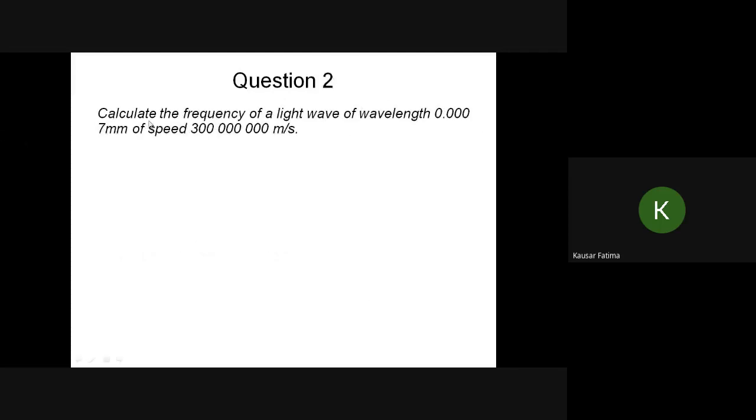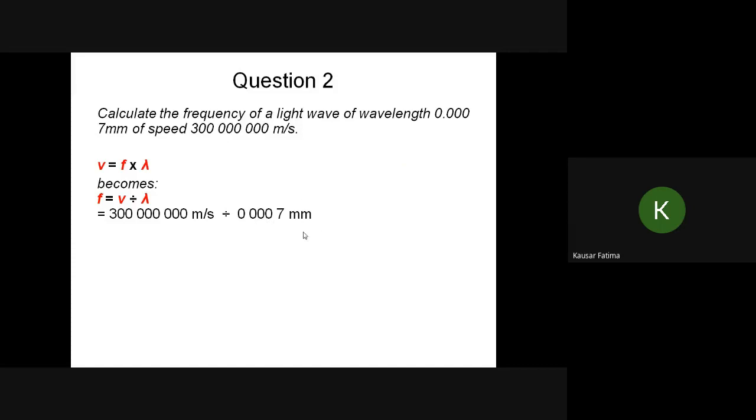Another question: calculate the frequency of light waves of wavelength 0.0007 millimeter, and the speed is the same, that is 3 × 10^8 meters per second. So we have to calculate the frequency. The same relationship is used here: v = fλ, and now f has to be made the subject. So f = v / λ. So 3 × 10^8 divided by